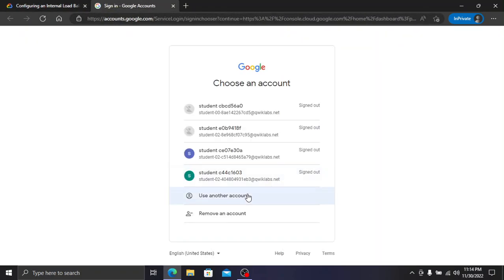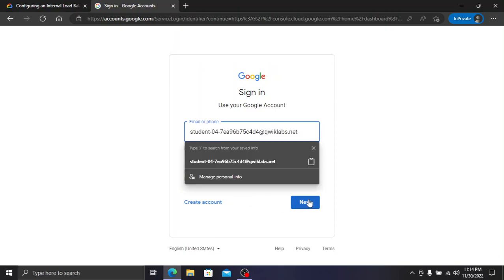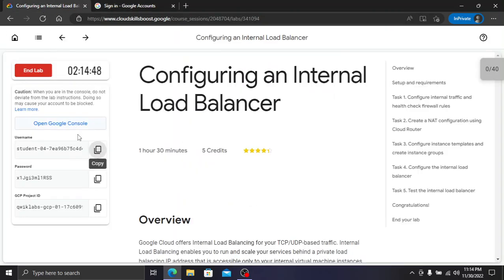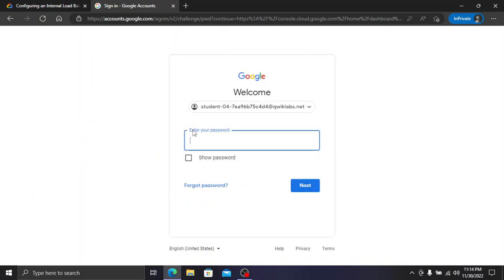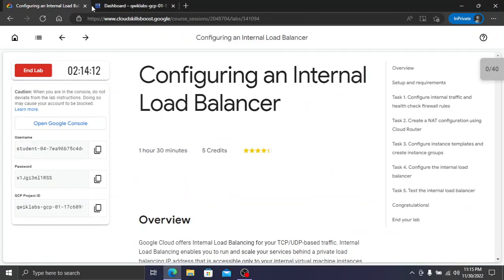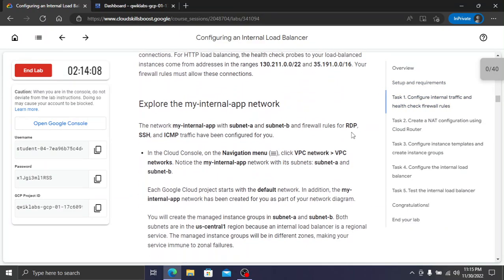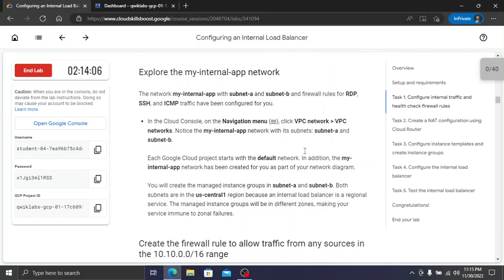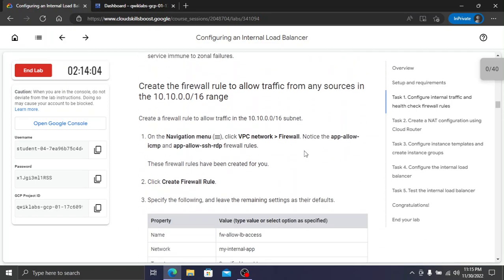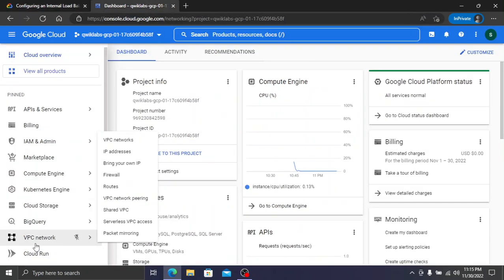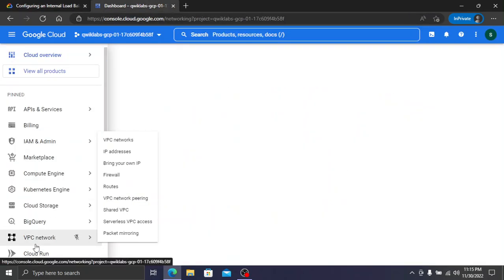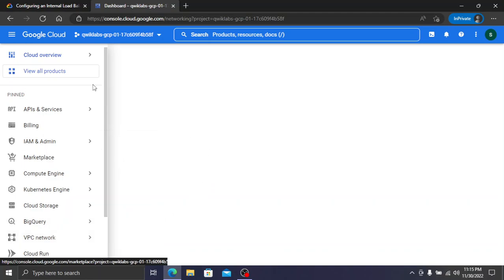Copy this username, click use another, paste it there, next. Here is the password. Okay, so we are ready. Let's go to task 1. First, what we have to do, we have to create a firewall, so we have to go for the VPC network. So first open this VPC network